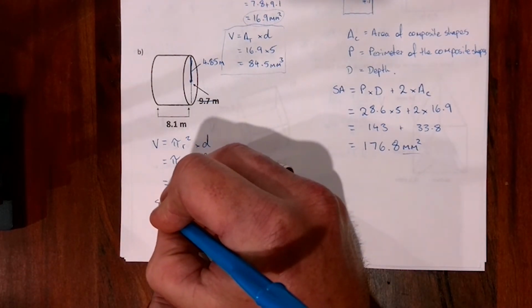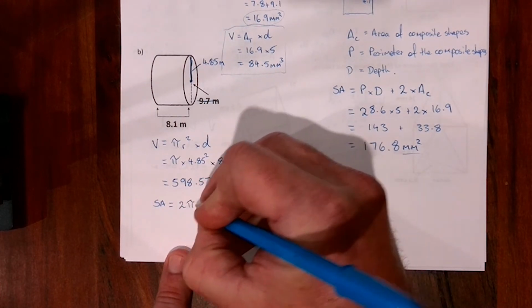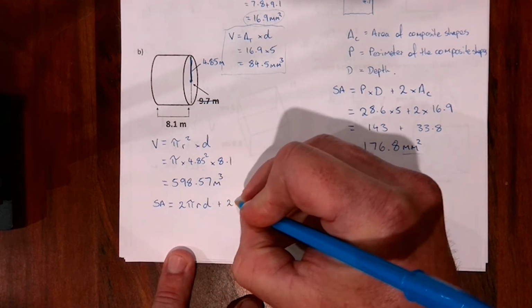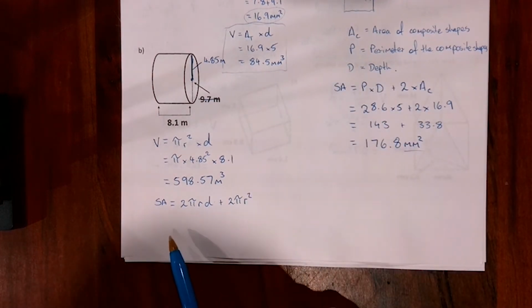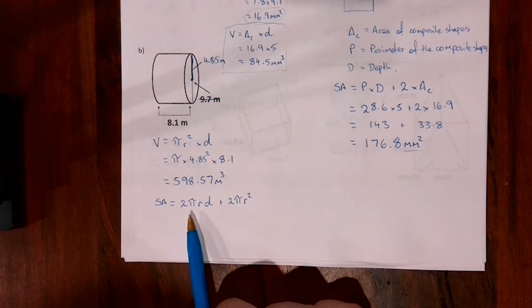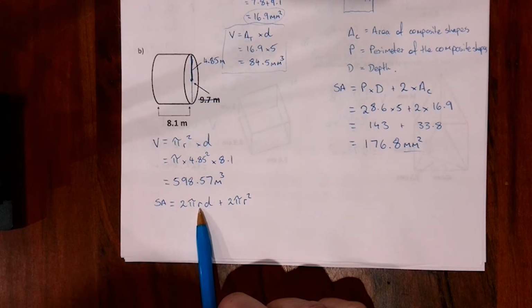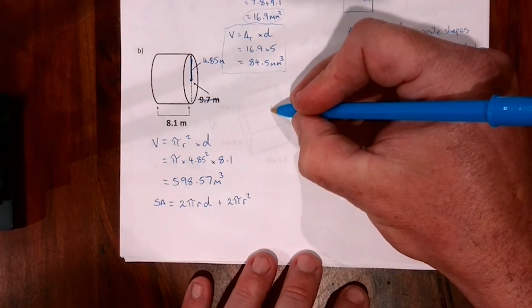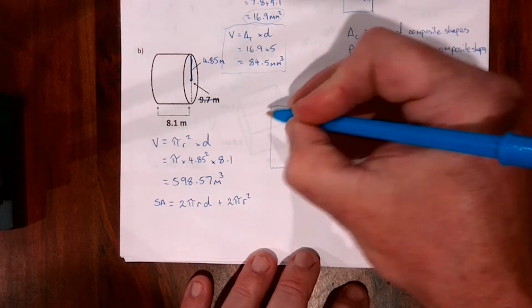Surface area formula is 2 pi r times diameter plus 2 pi r squared. Now it's a long formula, but if you think about it, what this is really saying to you is the circumference, the perimeter of the circle, multiplied by the diameter. And that makes sense because if we redraw this as a net like we did with the last one, remember you've just got a rectangle that is wrapped around